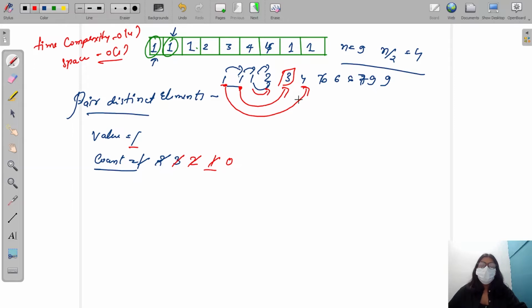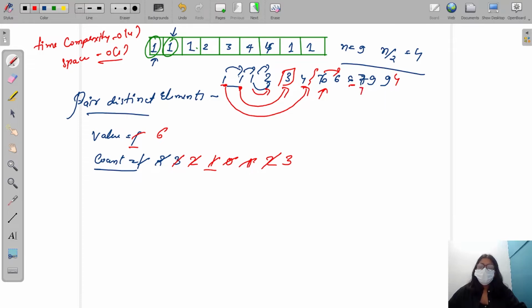So as my count becomes equal to 0, what am I going to do? Now I'm going to assign my value to this value, that is 6. Now my value becomes equal to 6. Now my count for 6 is 1 initially, because from here we have to search. This is my initial value now. Okay, now I check if this 6 is equal to this 6. Yes, it is. If this value is equal to AR of IDX, yes, it is. So I'm going to increase its frequency. I again check, is this AR of IDX equal to my value? Yes, it is. So I'm going to increase its frequency again, which is equal to 3.